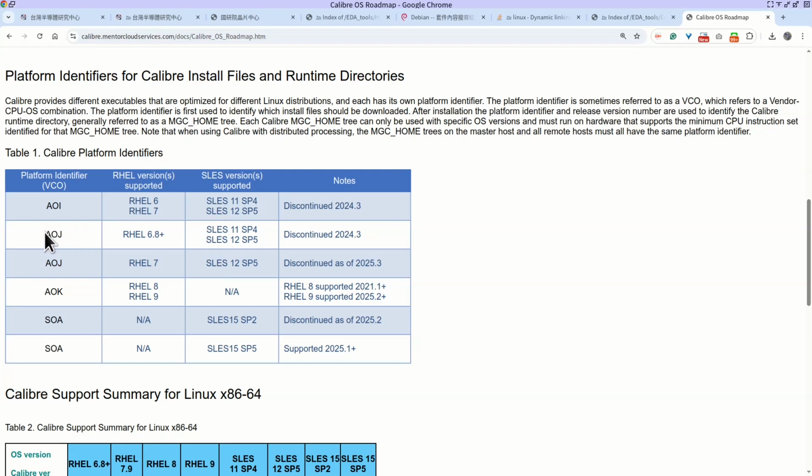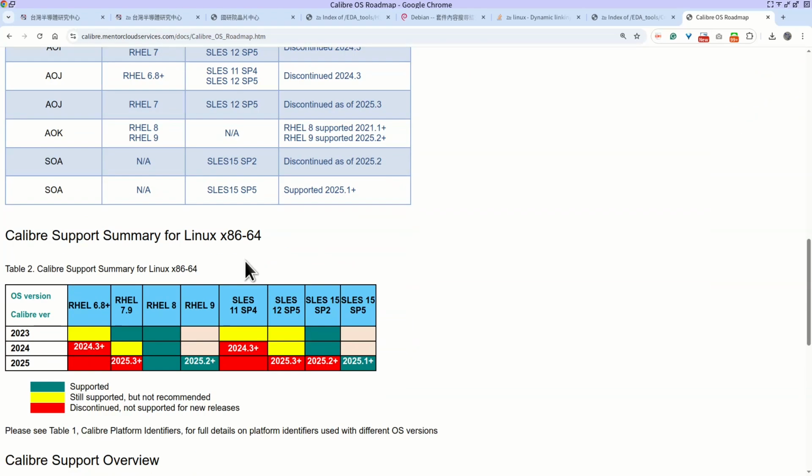But this version will be discontinued in 2024.3. Then it is now 2025. Their OS version will proceed to Red Hat 7.9 or Red Hat 9. You may ask me one question.